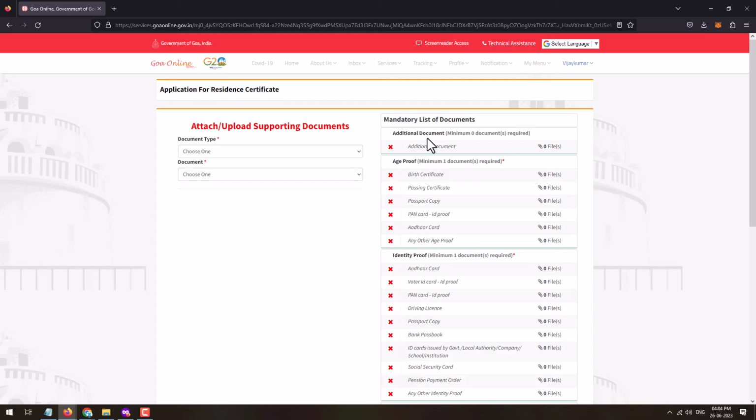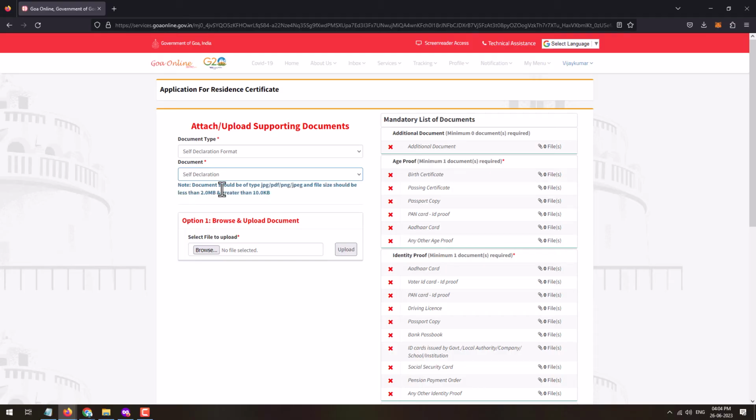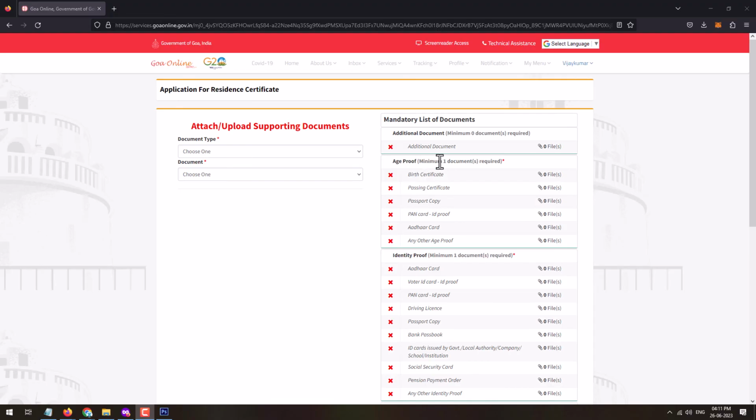Just click on the yes button, and here you will need to upload the documents. Here you can see the mandatory list of documents. You will need to upload all the documents mentioned over here by self-attesting them. So one by one, select the document and upload it. First the self-declaration format, you will need to upload the self-declaration,